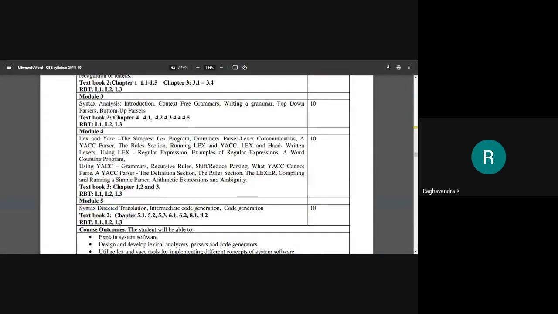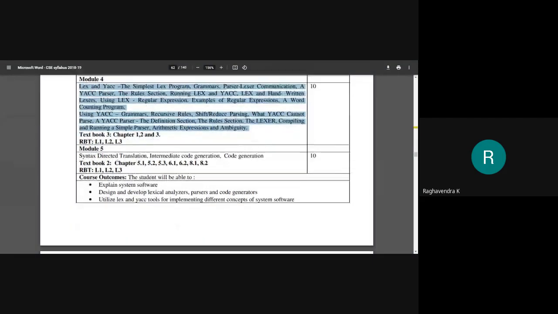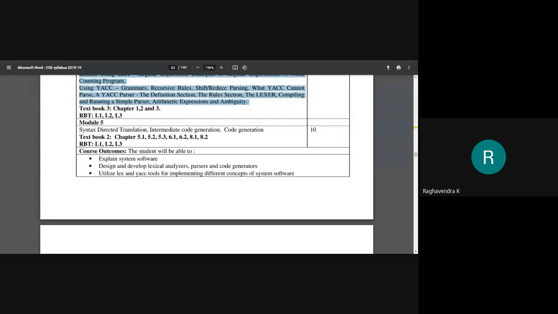In module 4, we will learn specific tools which are required in order to develop a compiler. These tools are called Lex and Yacc, and they are actually used in our laboratory sessions as well. So at the end, you will be able to explain the system software.